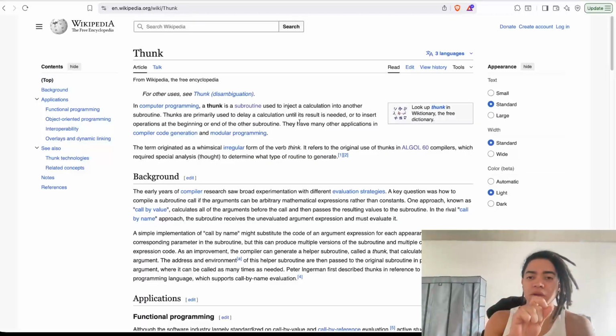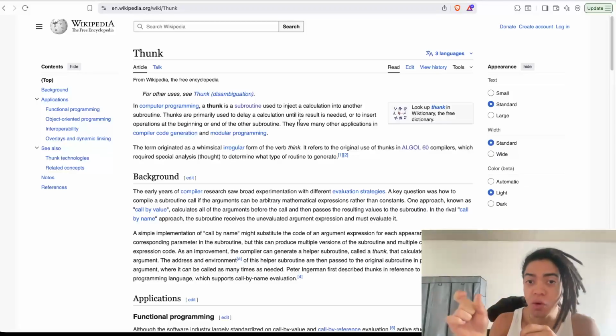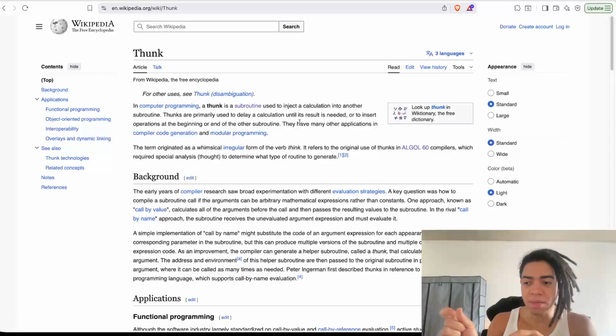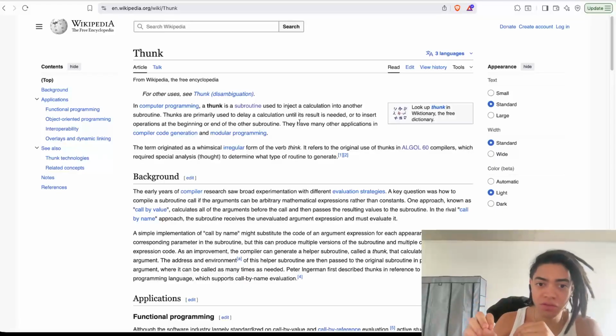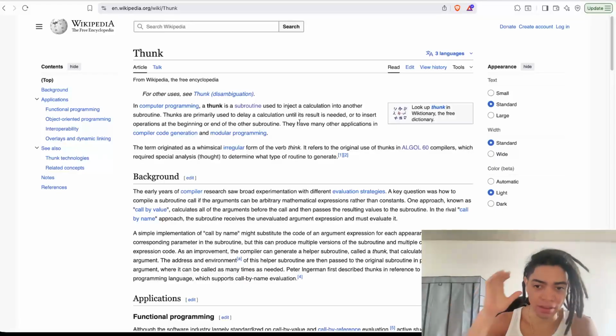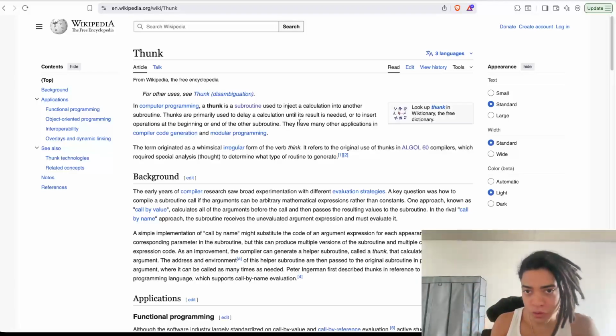Because what you're doing with this thunk is to say, hey, let's inject a subprogram into another subprogram where the primary thing is that we need to hold some computations, okay? Whether you want to insert some computations at the beginning or at the end of that. So in any case, the thunk allows us to hold some computation, and then once the data is there, we can now execute this callback or these subroutines, as they like to call them,